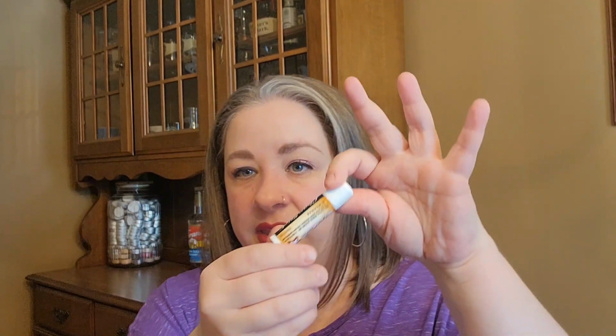And the chapstick brand in general, like the original ones that are under $2 a piece, I like these. I have a ton of these in different flavors, and I really like these. I will say that if I have really dry lips, these are not going to repair. They're not going to do any major work. So it's more of a preventative and upkeep type of product,